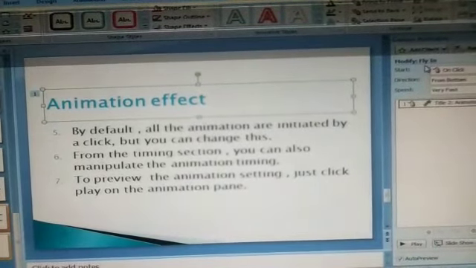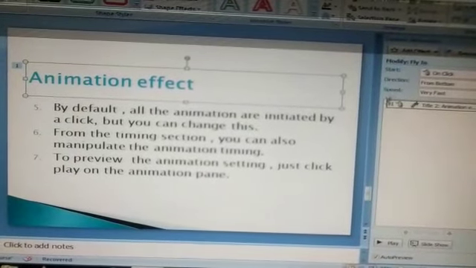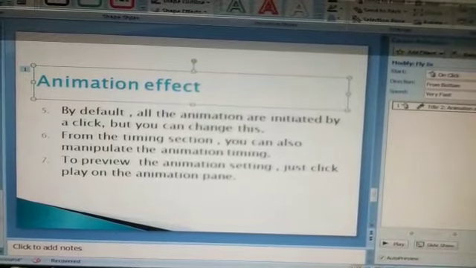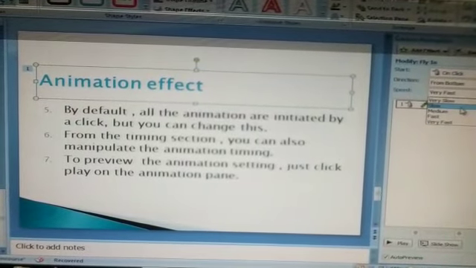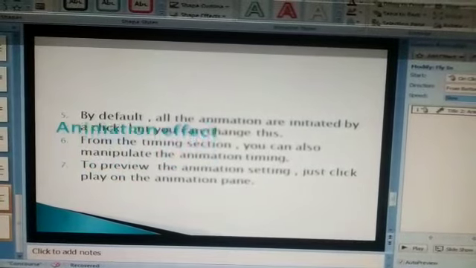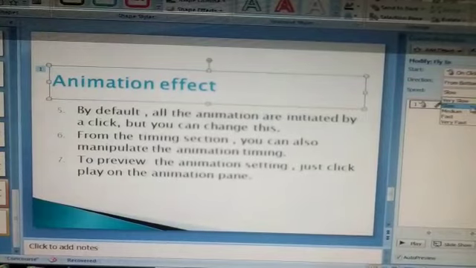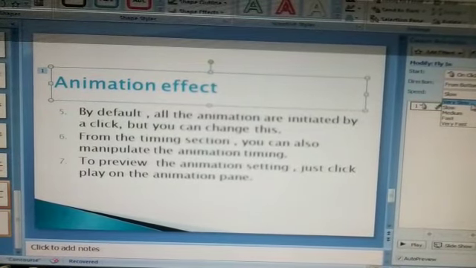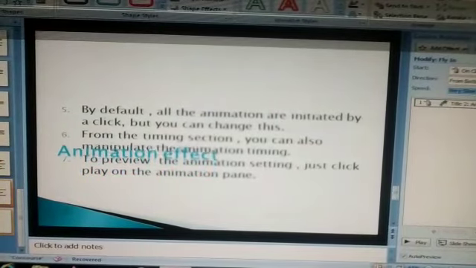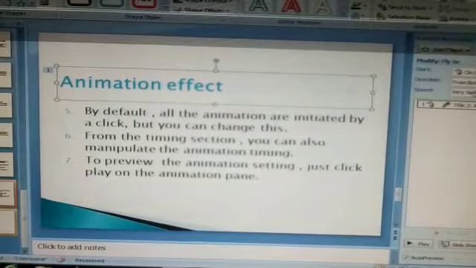When you click on that, you can see Start is there, Direction is there, Speed is there. You can change it according to you. I am going to keep this speed slow. Okay, you can see this is coming in slow motion. If I set it to very fast, then it will come in very fast. See, I have set it very slow, that's why it is coming very slow.